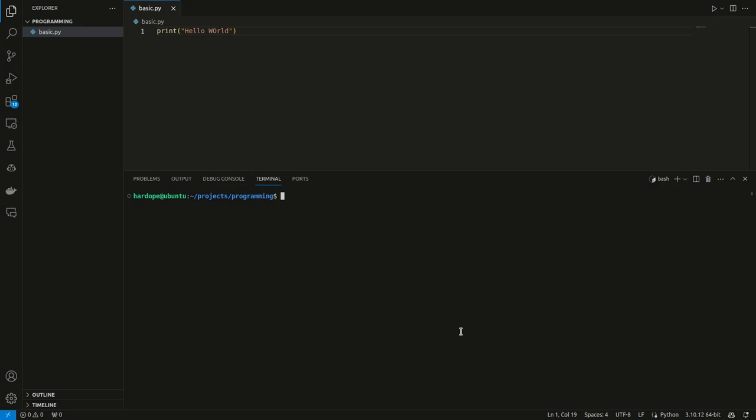So let's take a look at Python. When I run my Python code, I must have installed the Python interpreter. You can get that on the Python website for any operating system you're using. So let me run python3 basic.py. Now you can see what I have here is the same text I have in this place, hello world. I've just told my computer that whenever I run this program, I want it to print or display hello world.